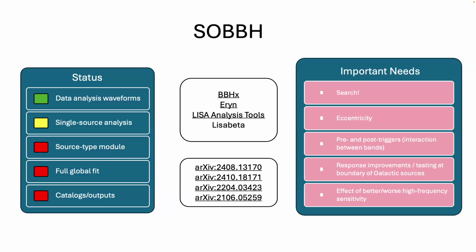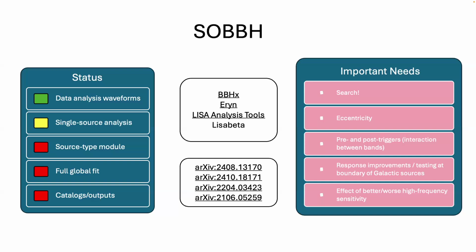the line. Important needs here: search, eccentricity, understanding of pre and post triggers, interactions between the ground-based observing bands and the LISA band, in terms of letting ground-based bands know there will be a merger if we can pull that off, and we get lucky with sources being the right distance and all of that stuff, and eventually looking back with ground-based data into the LISA data stream to potentially look for kind of a lower SNR source or something in there. Those types of things. People have written about those. People have looked at that, but all these things need to be moved more into implementation form in the coming